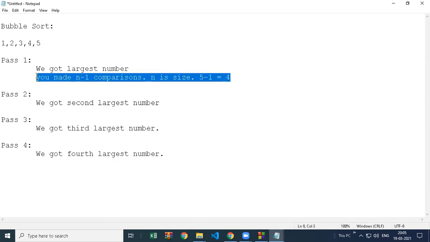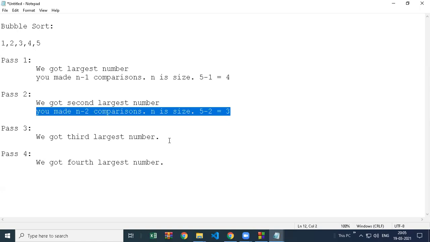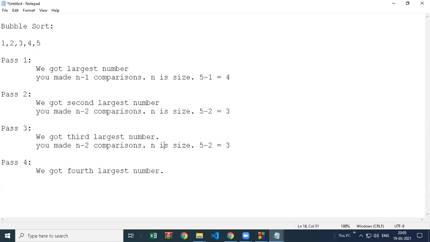Correct? In the next pass, the comparisons decrease. So in the next pass we only made 3 comparisons: 1, 2, and 3. Why have we not made 4? Because we already know that we got the largest number, so we just skip that last number. That's why we made only 3 comparisons. Then in the third pass, how many comparisons? n minus 3, meaning size minus 3, so 2 comparisons.